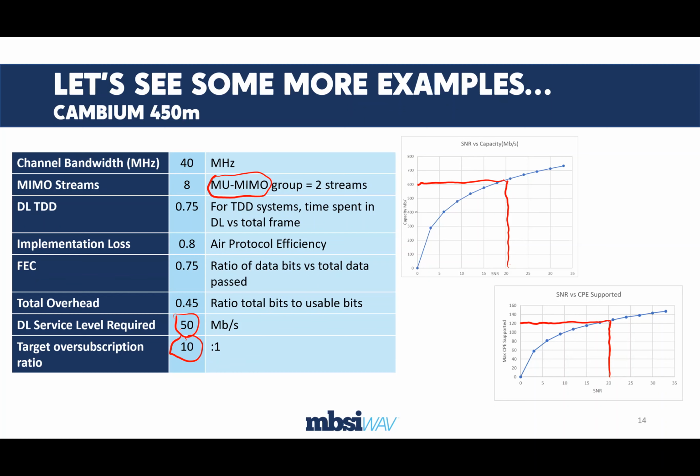Now, one thing that you've noticed through all of this so far is that frequency doesn't matter, and the range doesn't really matter, because the range, we're taking the range up here in the signal to noise ratio. So if we make the assumption that the thermal noise floor is our only noise, then of course the signal to noise ratio is directly related to the signal strength. If there is some interference, as often is the case in 5 gigahertz, we may not have the thermal noise floor as our